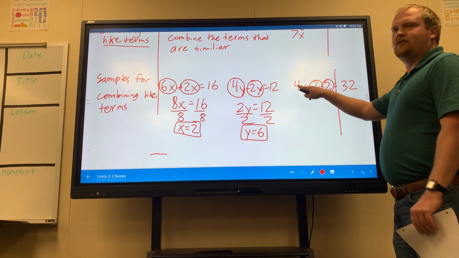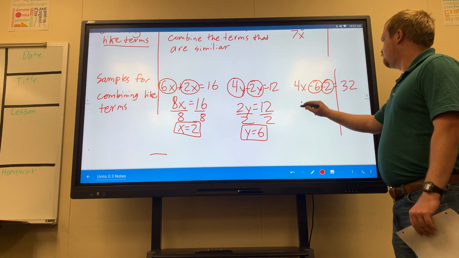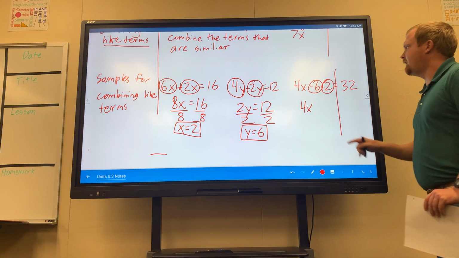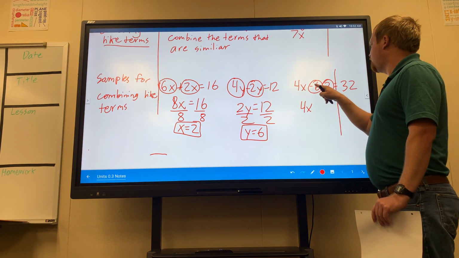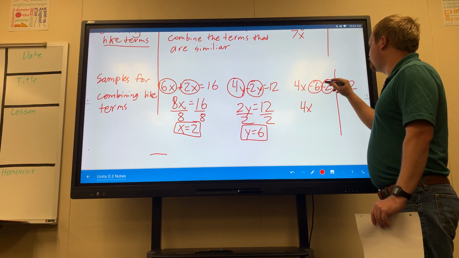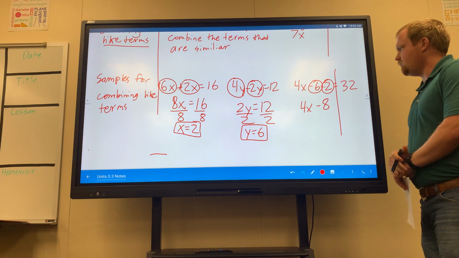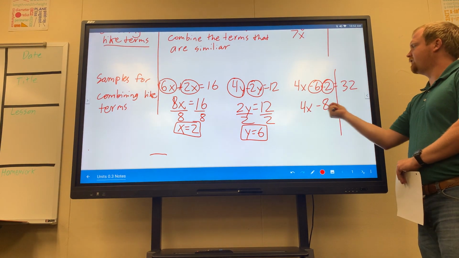I don't combine anything with a 4x, so I just leave it down as 4x. Now, I combine these two: negative 6 minus 2 gives me negative 8. So on the left side, I'm doing 4x minus 8